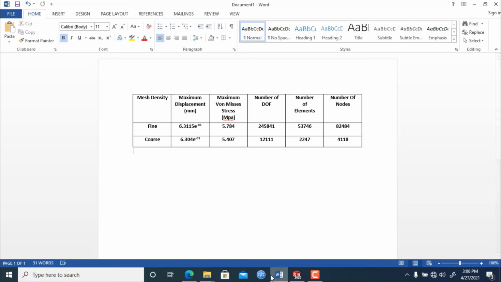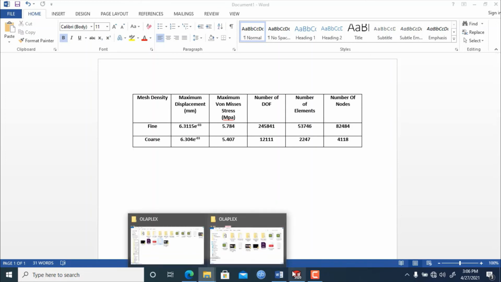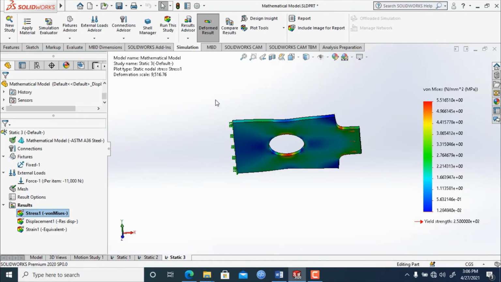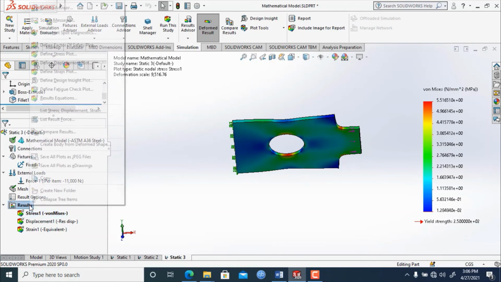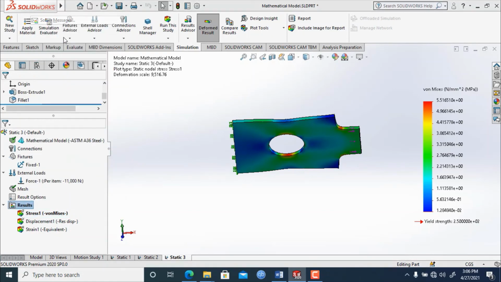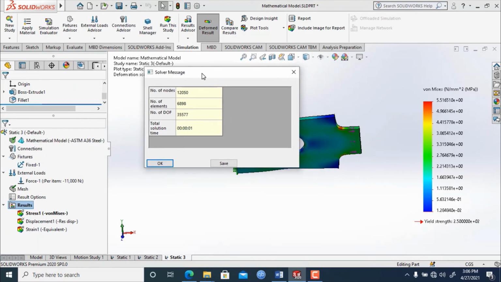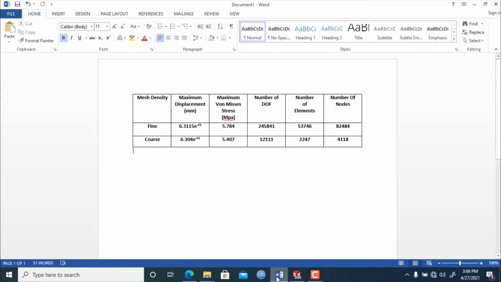So let's see the element number. Here you can see the number of elements created for the default mesh density was 6898, which is bigger than this number. So the bigger the mesh number, the more accurate our result is.